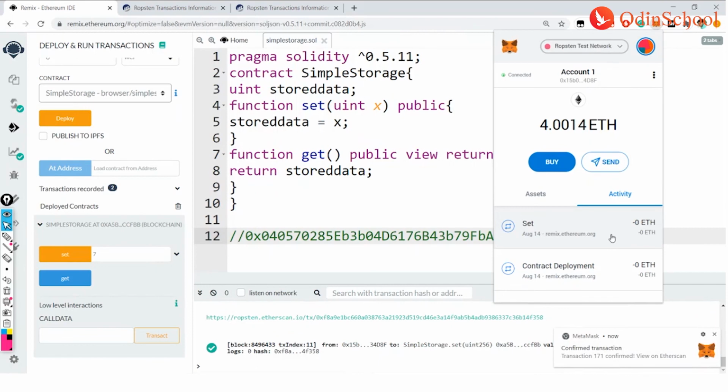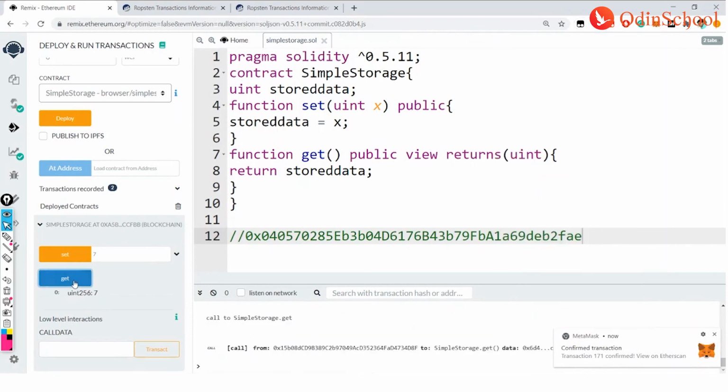I think it's done. Okay. Yeah. Now you could see that when I click on this get, I got an output of whatever I've passed in the set. In the previous case, it just got stuck. But right now, when I click on the get, you could see that whatever value you have passed here, that value you could actually see. That's how you could find out the set and get values.